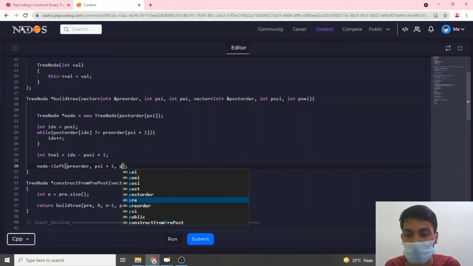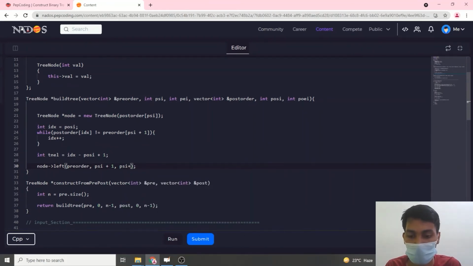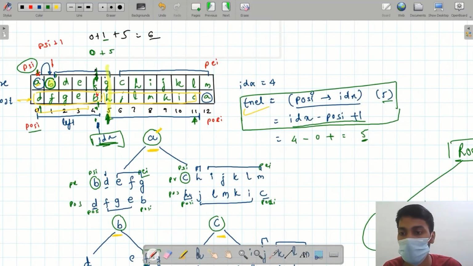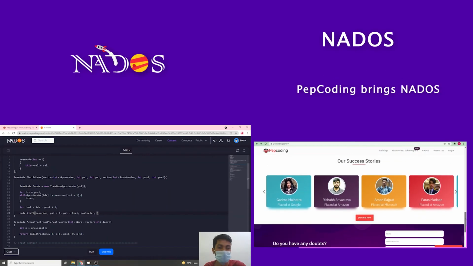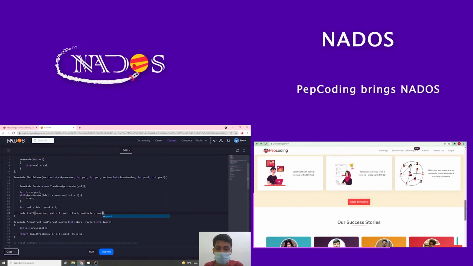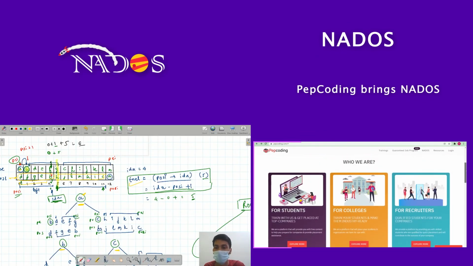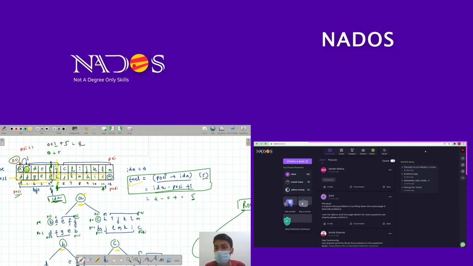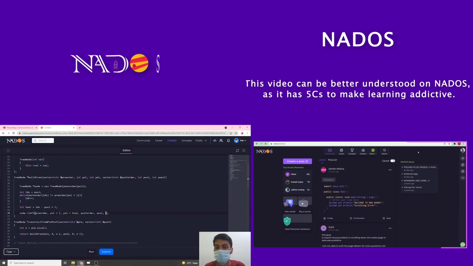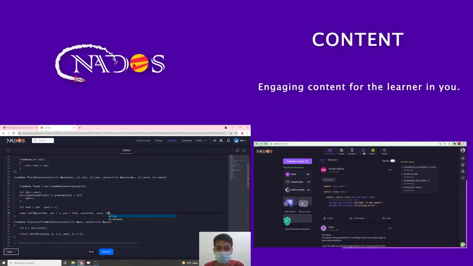So starting index plus total number of elements. Now the second thing is going to go what, post order. Its starting index is going to be as it is, that is post order's starting index. So post order starting index. And now what will be its end index? Its end index is going to be idx, because we are maintaining our idx at this particular point. So it is going to send idx,